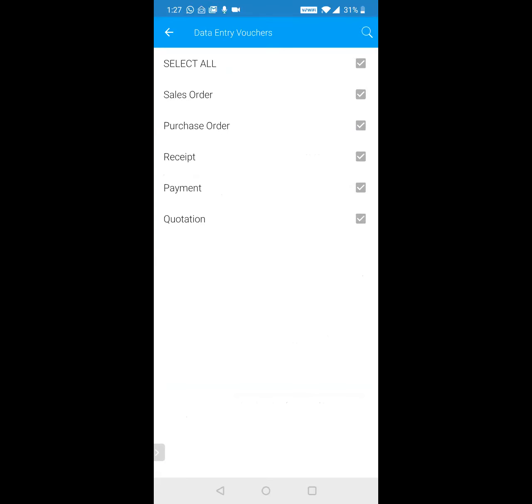Next is the voucher entry. So whether he has the permission to create what orders from the mobile application. So let's say you've only given him permission to create sales order, receipt, and quotation. He will not be able to create purchase order and payment entries from the app. However, payment is an interesting thing that you can give him permission for if you are tracking the expenses made by your salesperson. Even for your use case, you can put all the expenses as payment in Tally, and then you can decide whether you want to book those entries or not at the end of the month. But it becomes a good way to track your expenses.